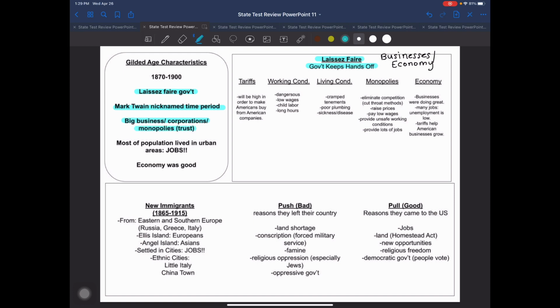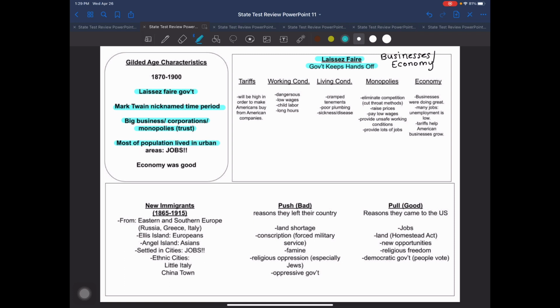The next one, again, another characteristic of this time period, we get some major businesses thriving during this time period. We get large companies, we get corporations, monopolies, and our text tends to use the word monopoly and trust interchangeably. There is a difference, but you can honestly think of them as being the same thing. So I honestly teach my class monopoly is a trust and a trust is a monopoly. Okay, it really cuts down on a lot of confusion.